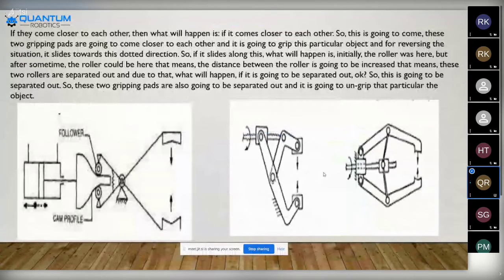If they come closer to each other, these two grippers come closer and grip the particular object, and on reversing, they slide in the dotted direction.